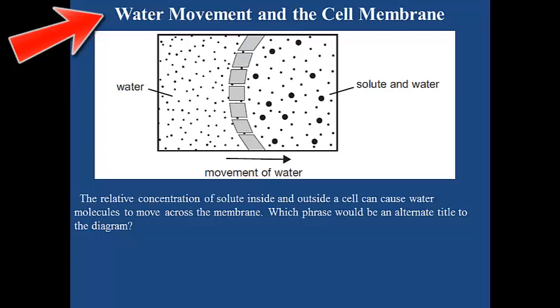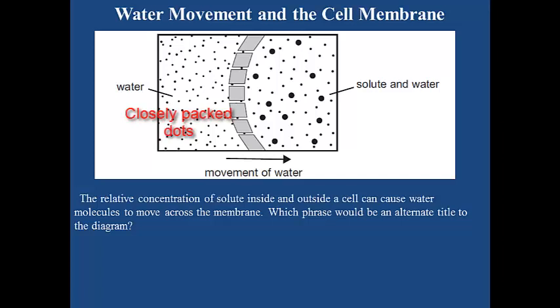The diagram shows water as small black dots, moving from the left, where the dots are more closely packed, to the right, where they're more spread out. Let's read the question. The relative concentration of solute inside and outside a cell can cause water molecules to move across the membrane. Which phrase would be an alternate title to the diagram? So the question is asking you to come up with a name for the process that is displayed in the